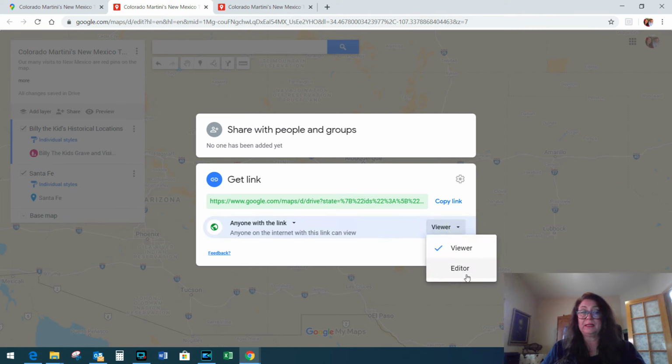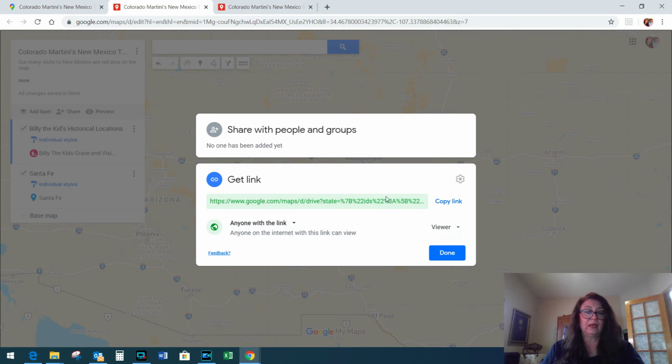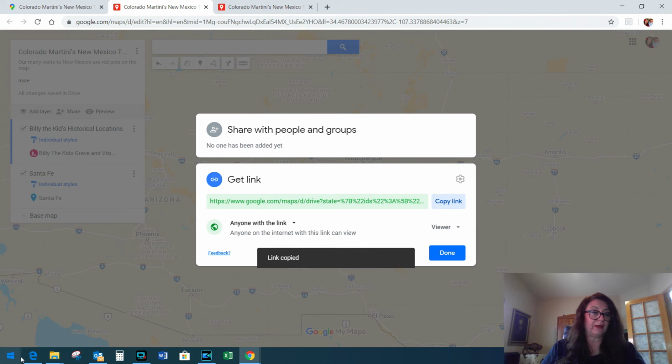You can either make them an editor, so if you're collaborating with somebody, or you just want them to be able to view it, okay? Do not make people editors unless you're doing some back-end collaboration with somebody. But when you're just putting this link out to the world, you want it to be viewers. Then that way they can't edit your map, okay? Editors can, okay? So we're going to copy, and if I go back in there,